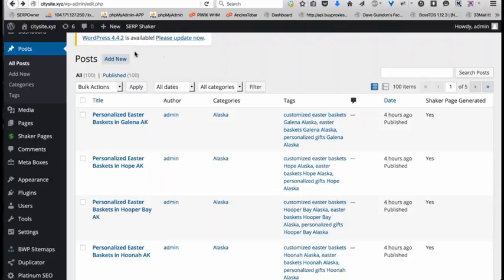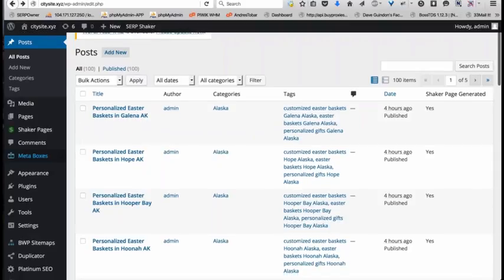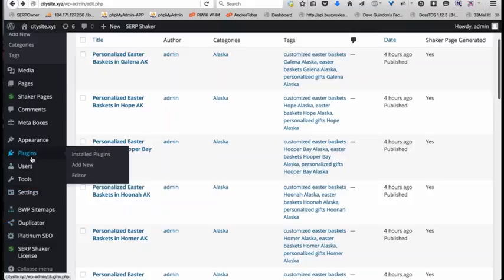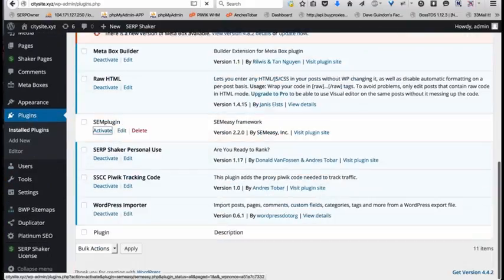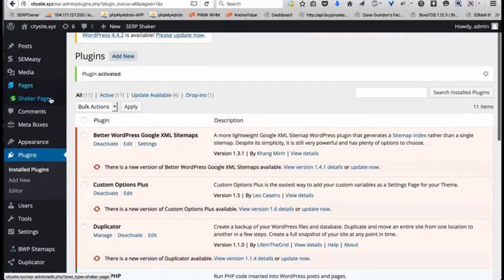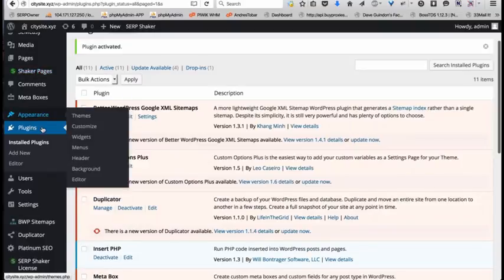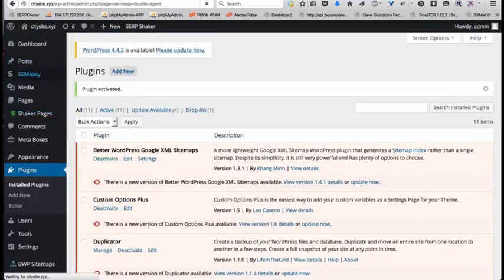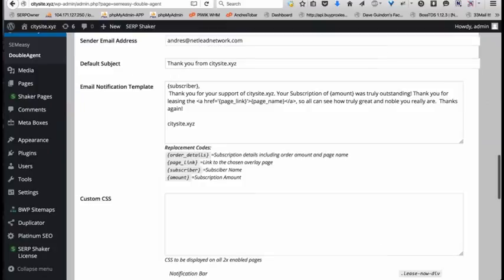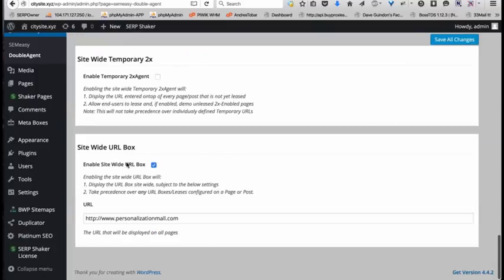But basically, once you have your site built out, you just jump over to the Easy plugin. I believe my theme is corrupt, so I don't know if it's going to give any issues. I may have to re-download the theme that I have on here. But we just go to Double Agent, and we add it as site wide, right? Yep, site wide. That will cover every single page.